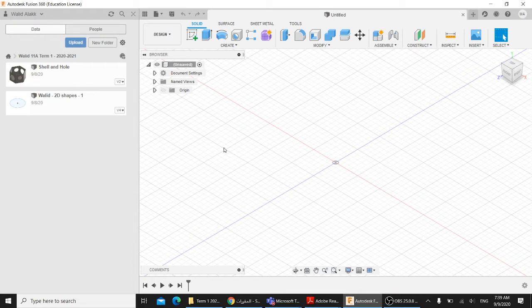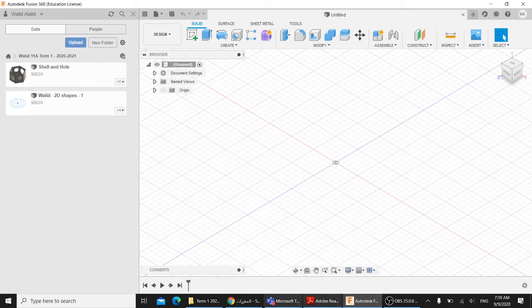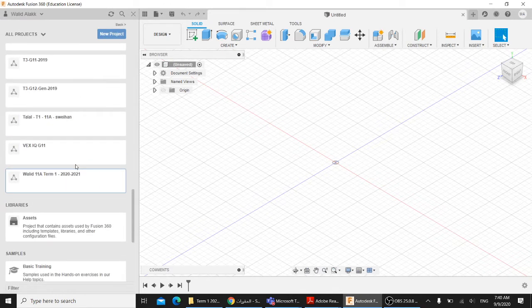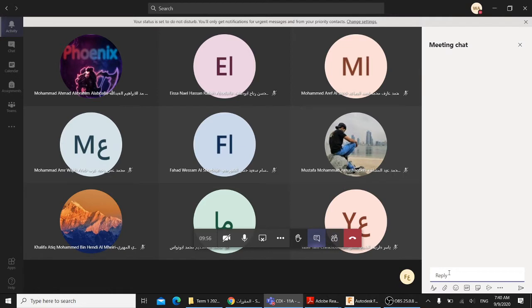Every time, guys, if you want to do an activity, let's say 2.1.1, the first activity we said we have, I advise you to open your Fusion account. If you have created a project, I have seen that Safe has invited me to his project, so I would remind you again to invite me to your project that you created for this semester on my email. This is my email again,